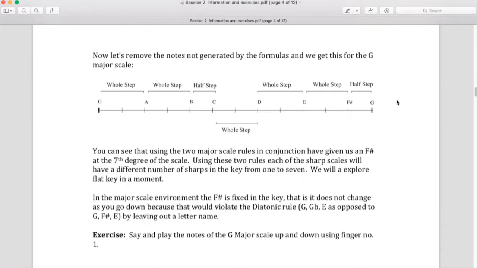Okay, let's do that again. So we get G, A, B, C, hole in the middle, D, now the next tetrachord, whole, E, whole, F sharp, G. Now we're going to do that backwards. G, F sharp, E, D, hole in the middle, C, B,